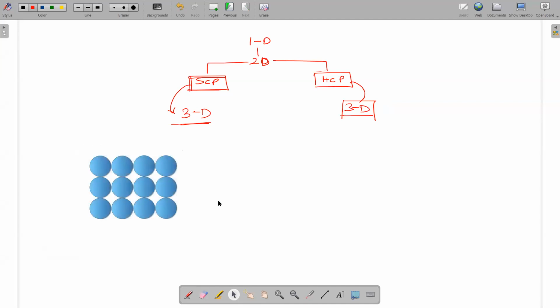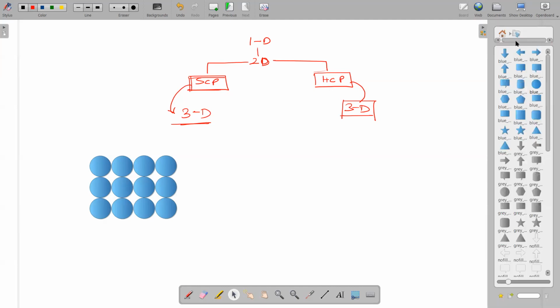Okay. So this is your square close packing. As you can see, we have to add one more layer on its height. So just imagine, as soon as we are talking about 3D, are these circles or spheres? Spheres, yeah. Just imagine there are 1, 2, 3, 4, 12 footballs arranged in this manner on a floor. Now what we can do is add another layer on top of it. Now I have to see if I have made a similar one. I have to make it a bit small.